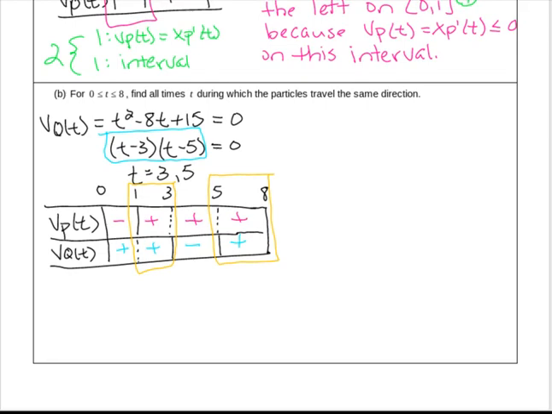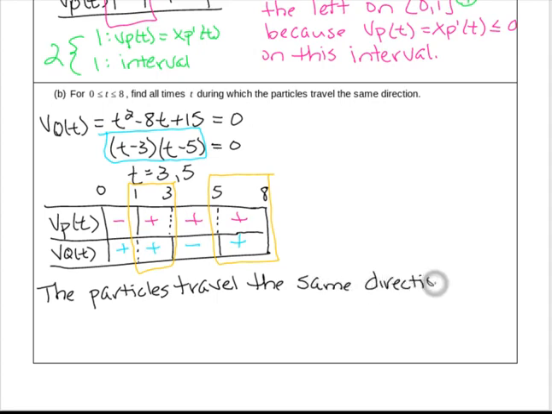So the particles travel the same direction on 1 to 3 and 5 to 8,